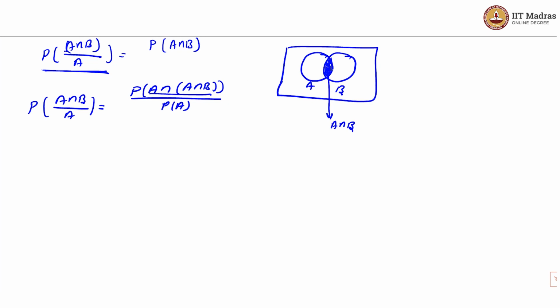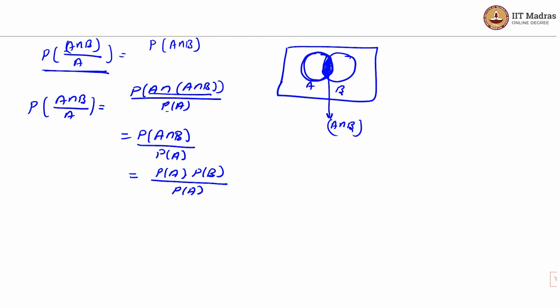And by taking intersection of this part with A, it will be again A intersection B. So probability of A intersection B will be equal to probability of A intersection B, upon P of A. But A and B are independent events, so we can write it as P of A into P of B, using the property of independent events, upon P of A. P of A will be cancelled out, so this will be my P of B. From here we can say that P of A intersection B given A is P of B. That need not be equal to P of A intersection B. So this equality need not be true. So option C is wrong.